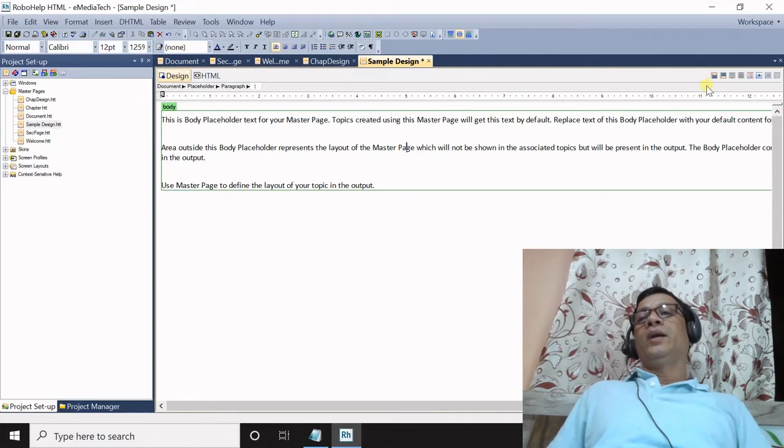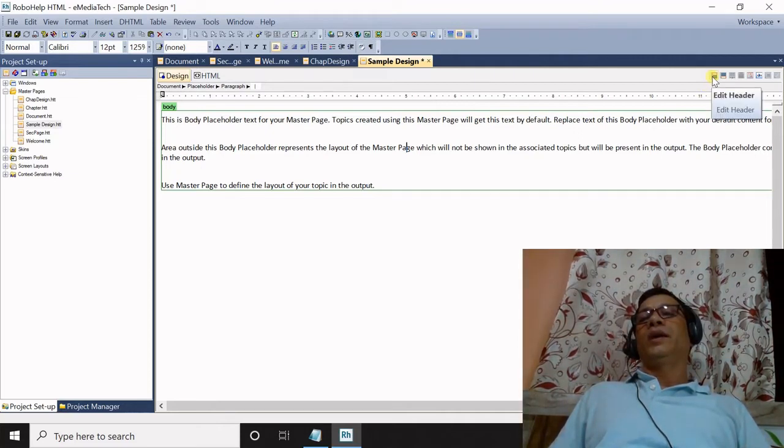Now I would add a header by using this option. Here are the options using which you can add several things like header, footer, or page number, and then chapter name, and then TOC, that is sub TOC, and then you can insert a breadcrumbs placeholder, and then insert a body, and then format placeholder.